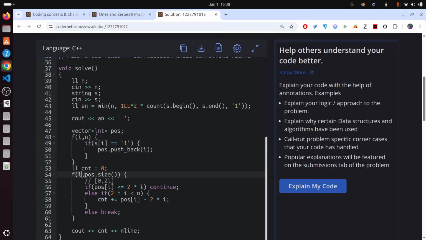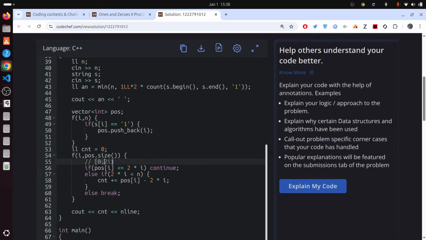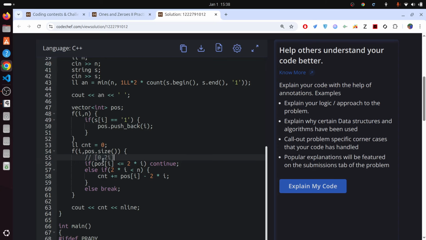So for int i equal to 0, i less than pos.size(), i plus plus. So I want that my ith one should be in the range 0 to 2i. So if it is already in range 0 to 2i, then I'll continue. Like if pos[i] is less than or equal to 2i, then continue. Otherwise, if 2i is less than n, actually we don't need this condition, because if 2i is greater than n, then this will happen automatically. But yeah, like